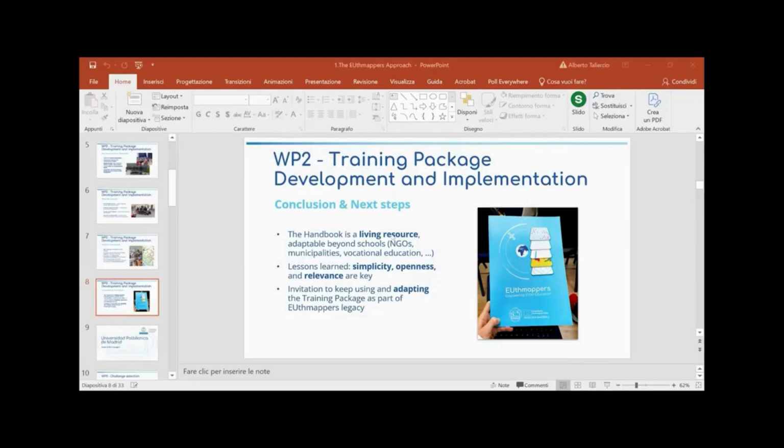We mapped more than 18,000 buildings, and 63% of the task of the project was realized. And we are very proud because we were also nominated as Mappers of the Month in July 2025 by EUthmappers. So a big recognition by EUthmappers.